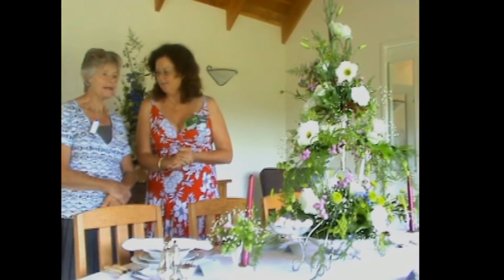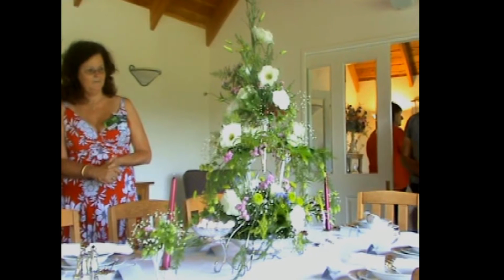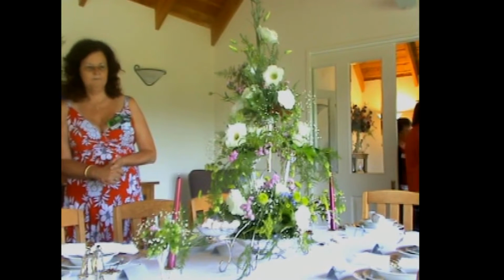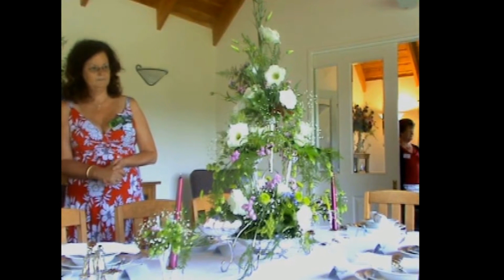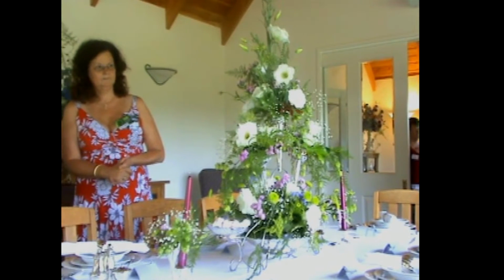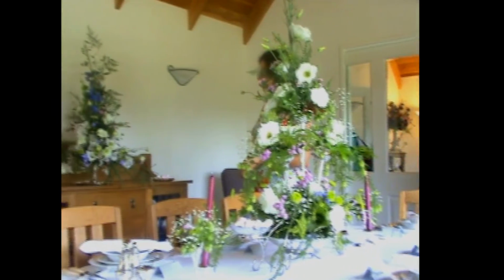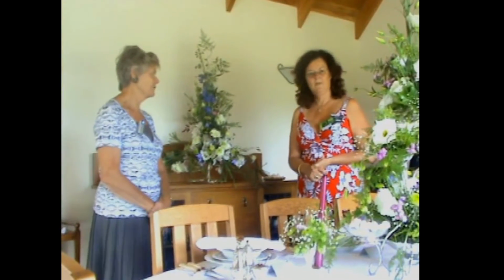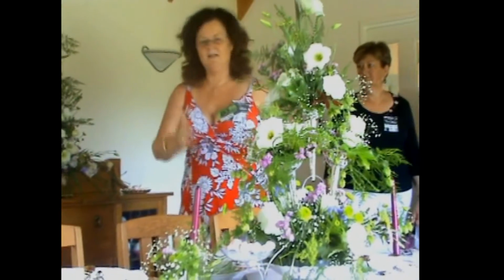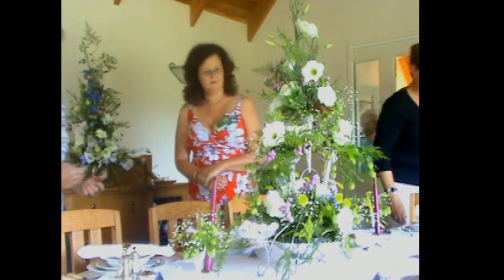Well, this is a really authentic silver candelabra which was given to me, and I just absolutely adore it because it just seems to go into my house. And so I brought it to this place today because it seemed to go with her furniture and the various styles of design of furniture. So we've kept it a very sort of 50s design throughout. Light and fluffy. Yes, and mostly garden flowers. In fact, most of them are out of our gardens except these